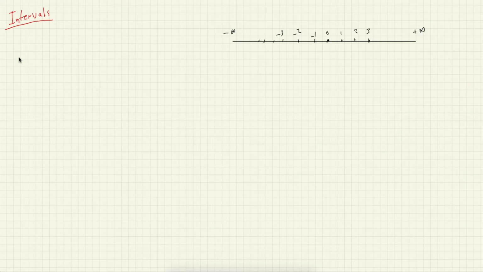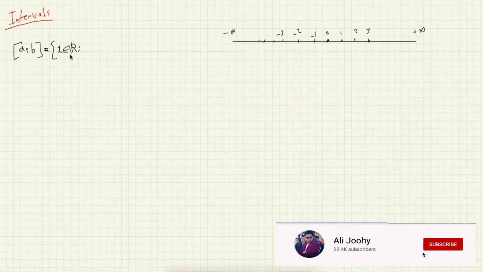For example, we have two kinds of intervals, open intervals and closed intervals. Let me start with the closed interval A and B. The interval is denoted by brackets, either sharp-edged brackets or half-circle brackets. This contains all the x that belong to the real numbers. We usually put this line to specify that this is a set of real numbers, and we say that